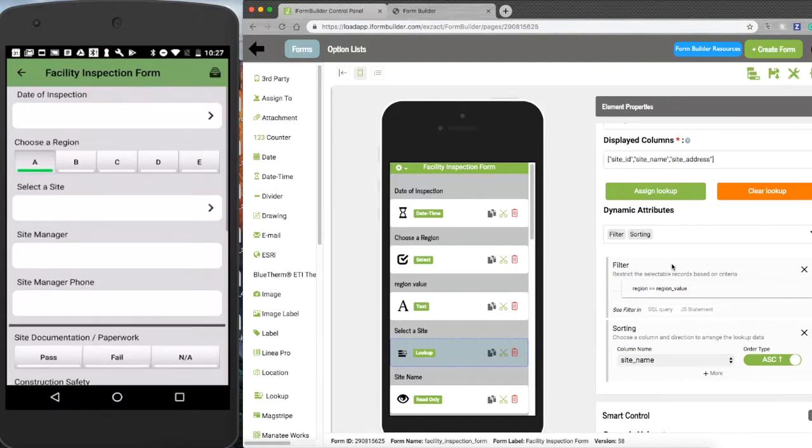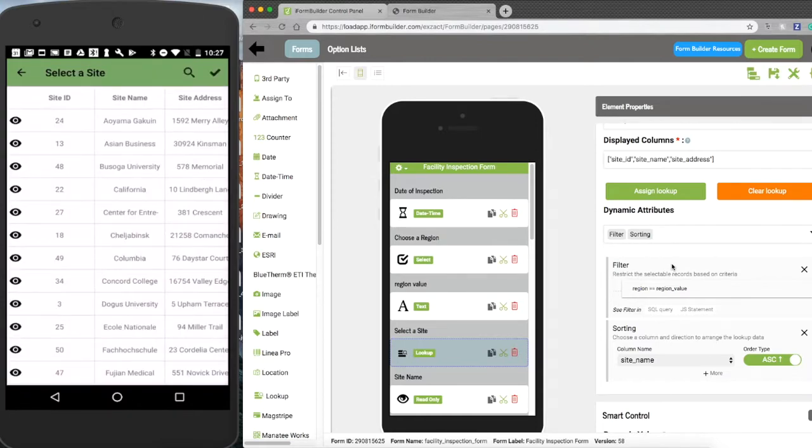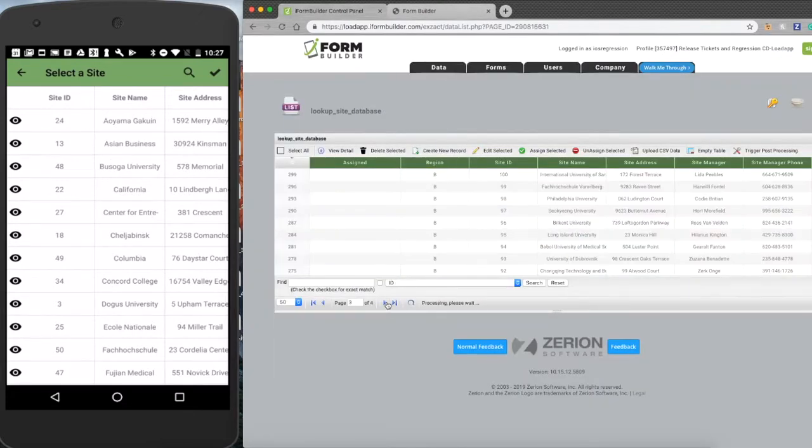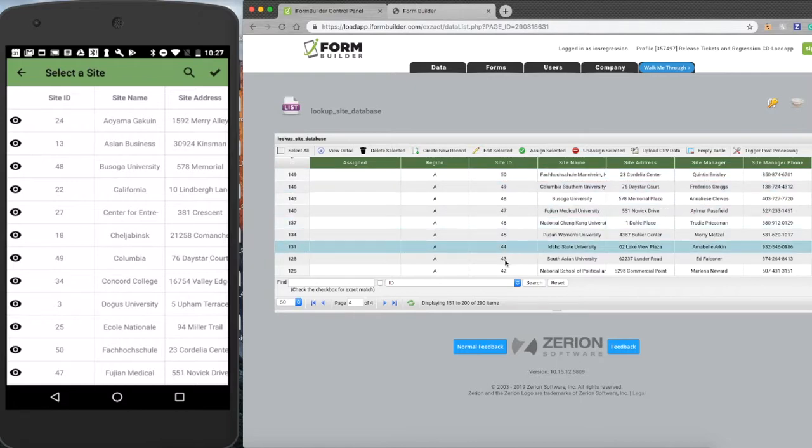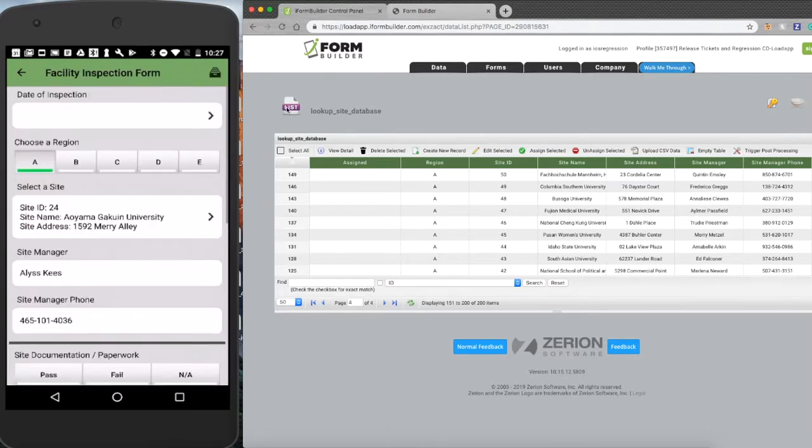We're going to choose region A and select a site. First and foremost, what we're going to see is that it's only units from region A, which I believe had 1 to 50, so we can see that. And then it's actually sorted by the site name itself in alphabetical order there. I can go in here and select a specific site that I want, and it's going to look up